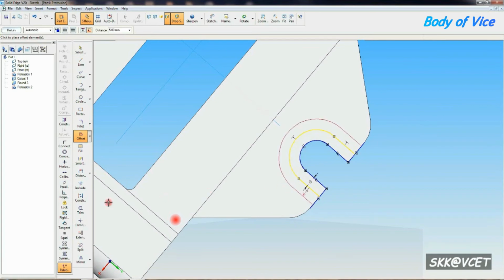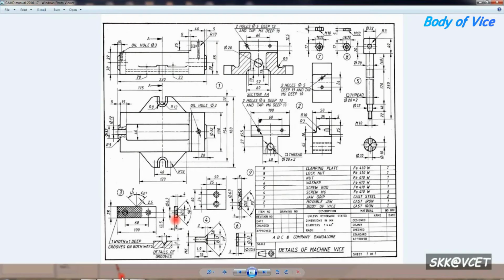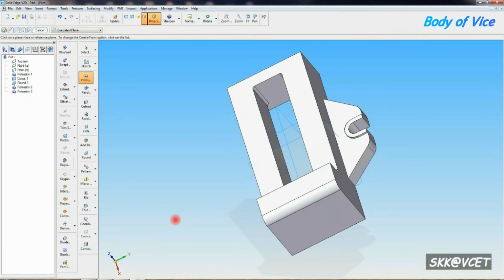Then you want to move the cursor outer direction. The offset is over. Then go to trim command. Trim the extra lines like this. You have to trim it. Then return. You have to give the projection is 3 mm. Height is 3 mm. You have to give. Now same that butterfly structure, and along the horseshoe you have to make it into another side.